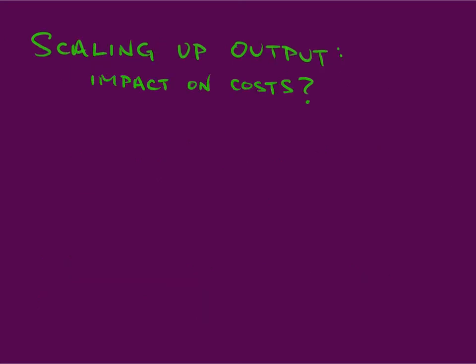The next topic is whether a firm operates more efficiently when it's small or large. This is a matter of scale, whether the firm operates at lower average total cost when the firm is producing a small quantity, a small scale operation, or producing a large quantity, like a large scale operation.